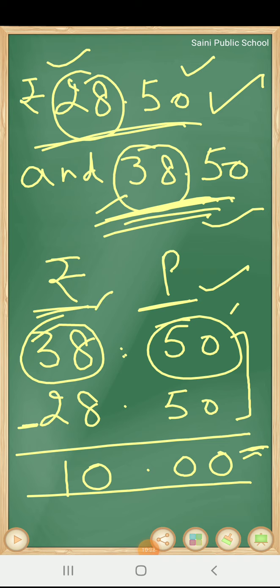For addition, we will add the numbers, but for subtraction, first of all we have to compare the two numbers. We will find which is the bigger number and then we will write the bigger number first. In the same way, first of all we will compare the numbers on the left side. The left number shows which is bigger, so we will compare the numbers and then first of all write the bigger number and then write the smaller number, and then we will subtract the two numbers.